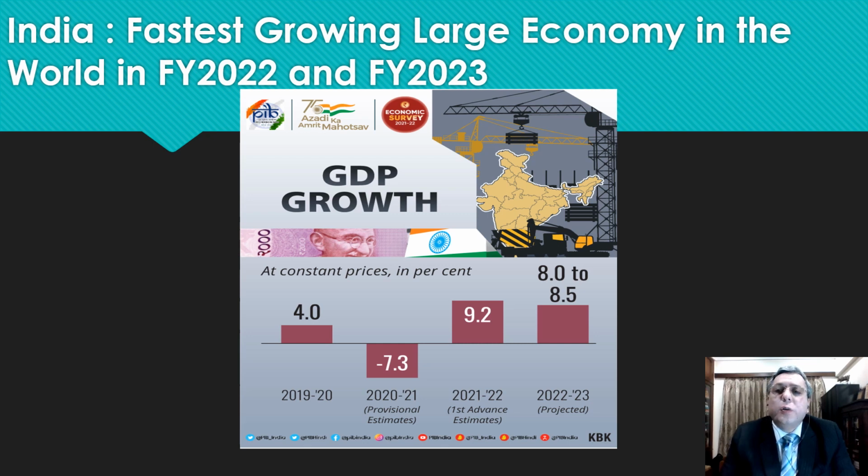But the good thing is, over 2023 and beyond, we are hoping to catch up with the trajectory that we were already running for at the end of 2020. And if the COVID had not come, that kind of trajectory we would have been running towards. We are hoping to catch up with that in the next 2 years. But overall, keep in mind, India grows as the fastest growing large economy in the world in this year and next year. That has implications for corporate growth also.